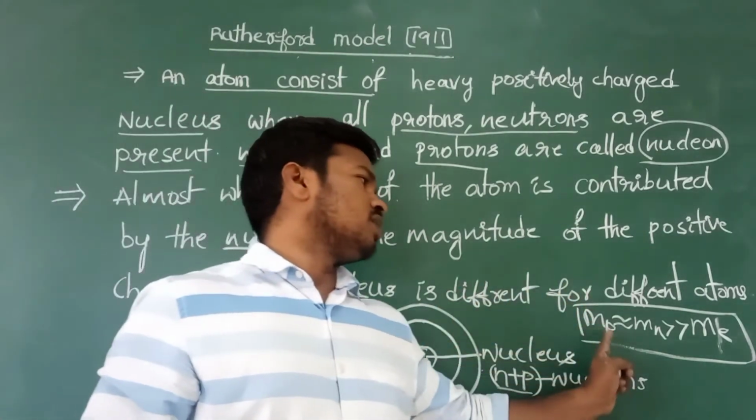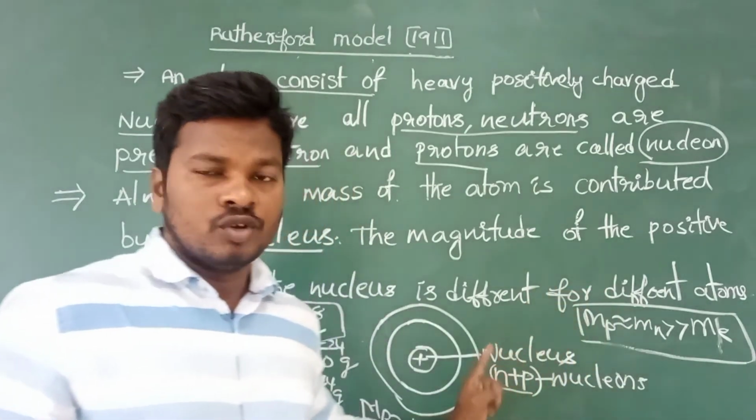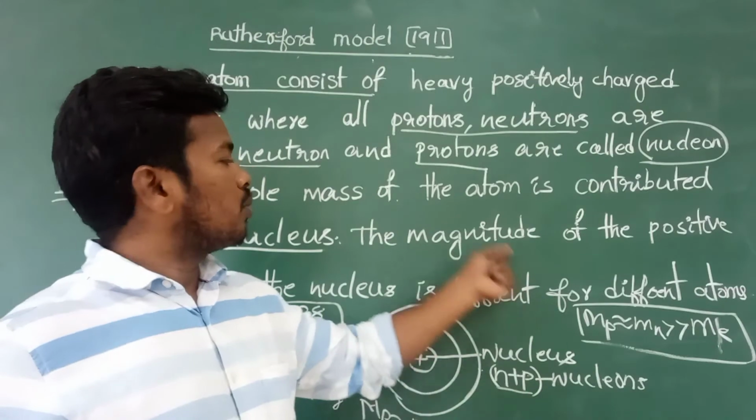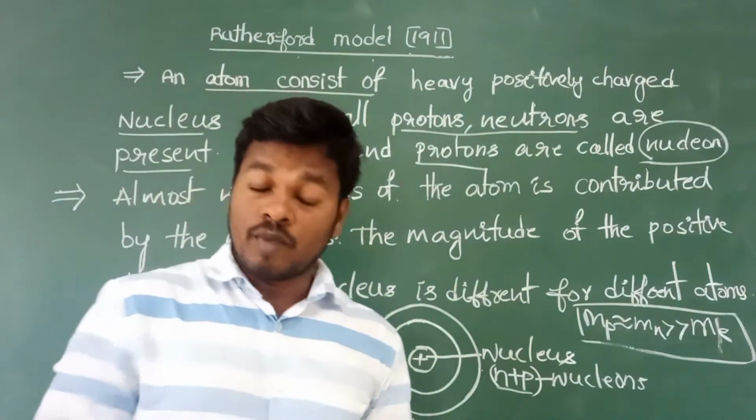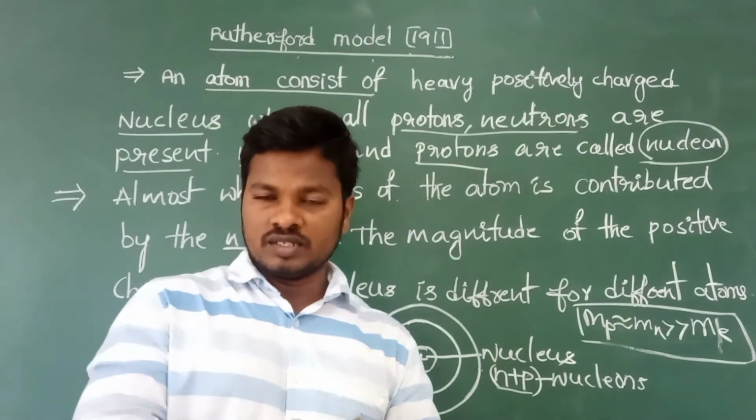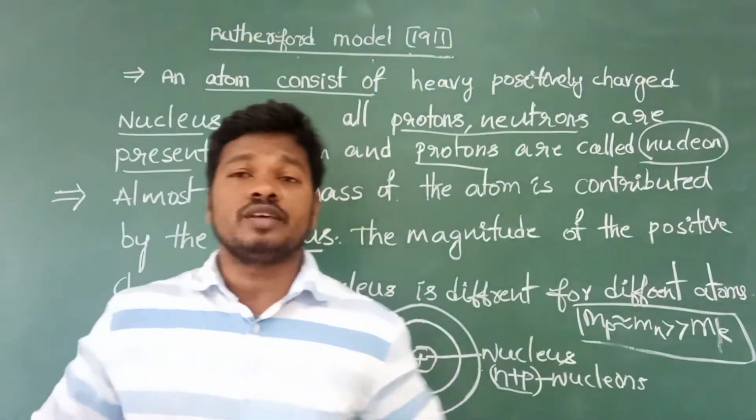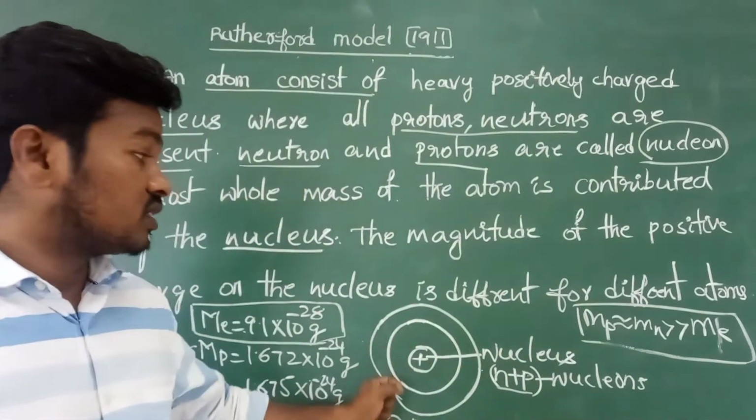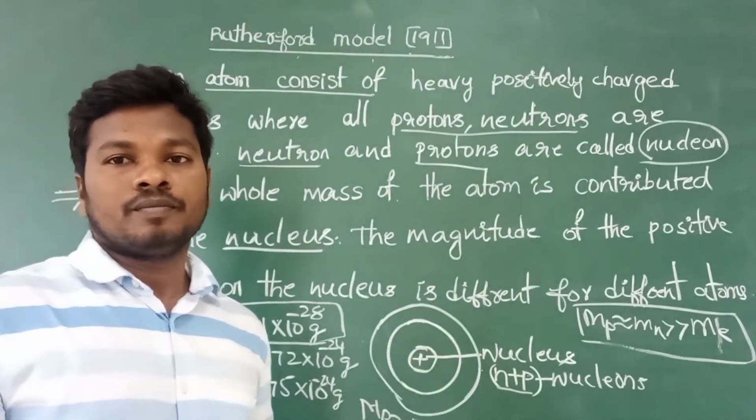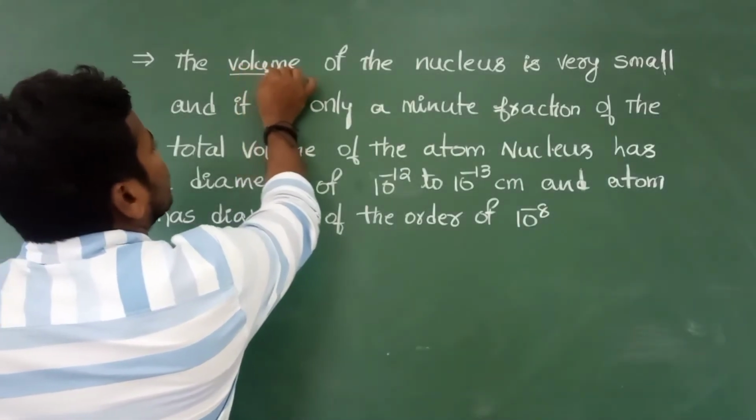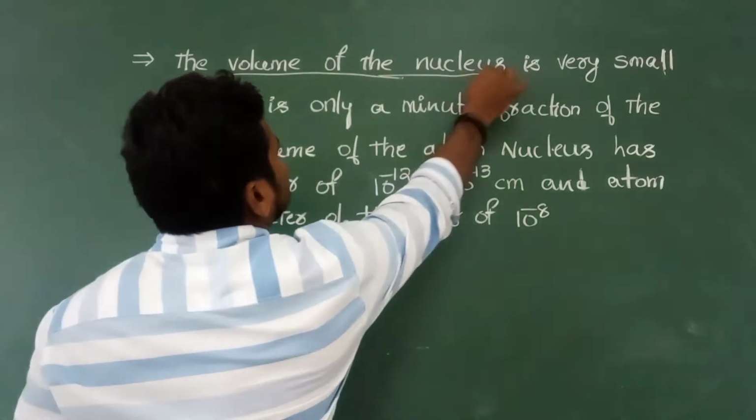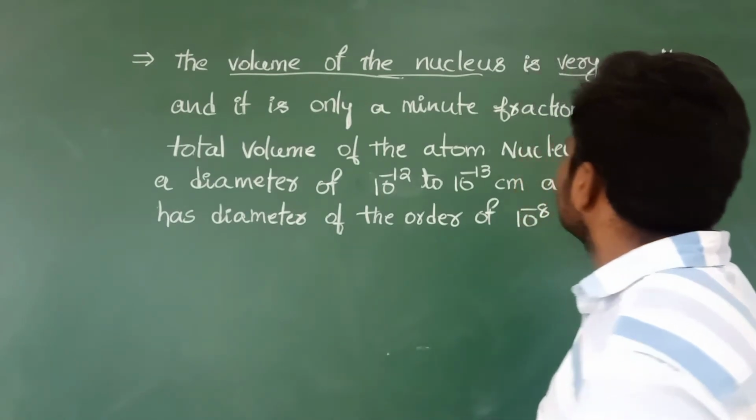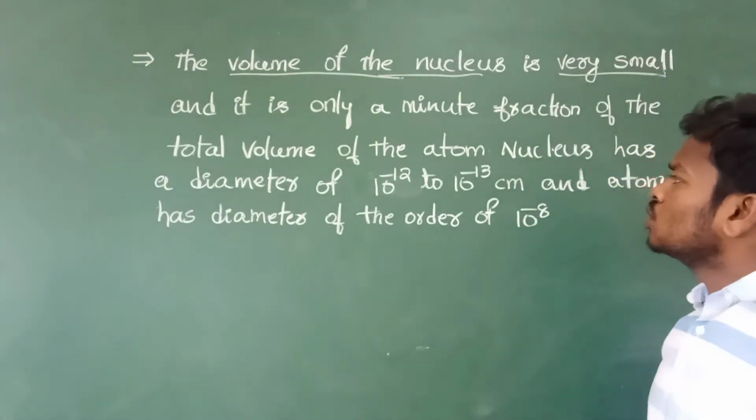The mass of the protons and neutrons present in the nucleus is what we call the nucleus. This nucleus contributes the highest atomic mass. Most of the atom's mass is contributed by the nucleus only. That means, compared to the atom's mass, the nucleus mass is very high. The volume of the nucleus is very small, and it is only a minute fraction of the total volume of